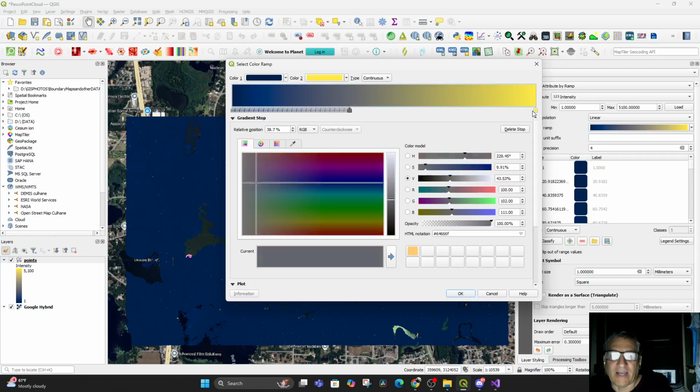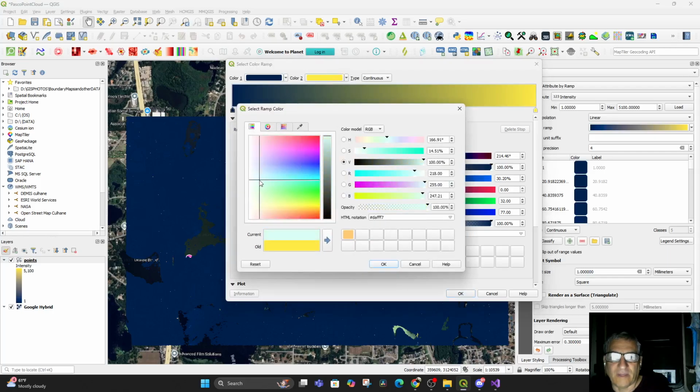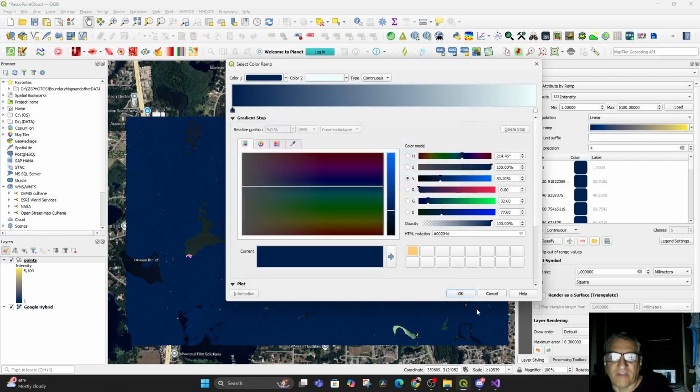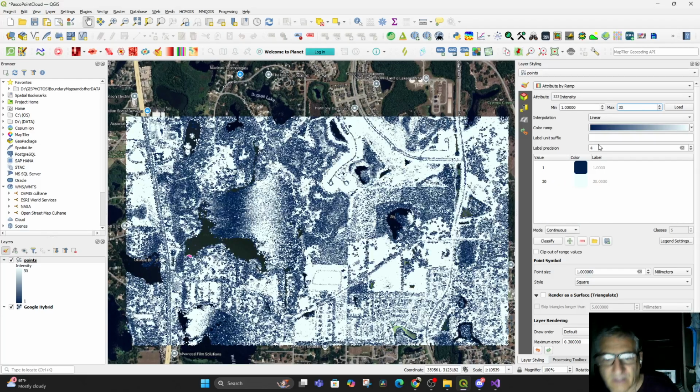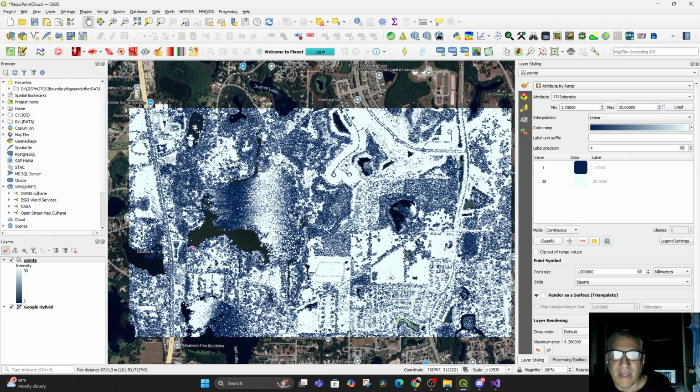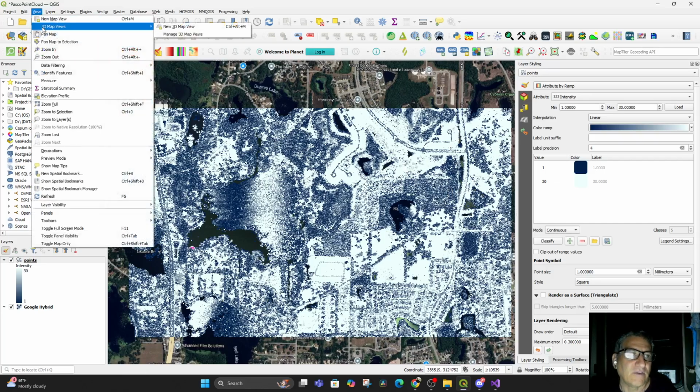Then we're looking at heights, in a sense. And if we said that the yellow color was a white, we'd sort of get a DEM is what we would get. So if we did like that and change this to like 30 meters, see, we get a DEM. And that's interesting because then if we go to our 3D view,